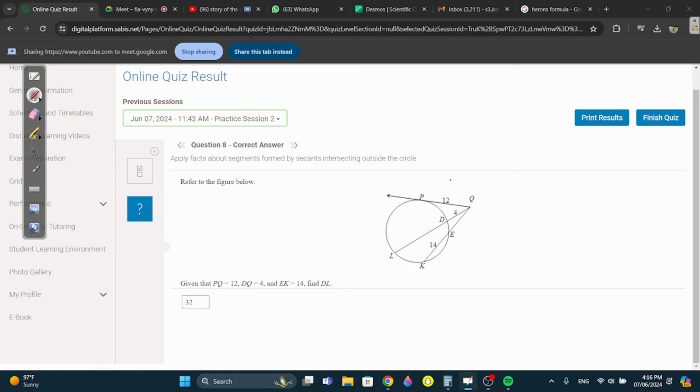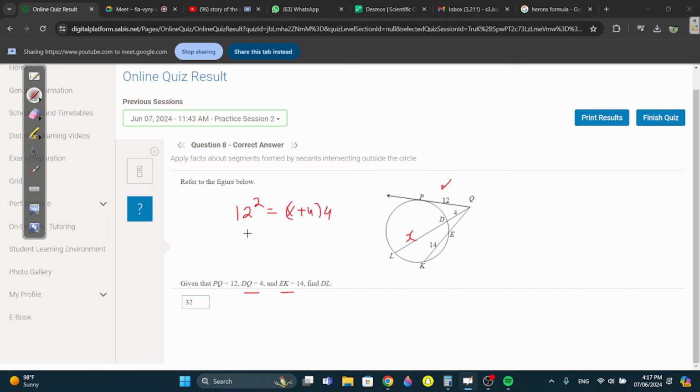Here they said PQ is 12, DQ is 4, EQ is 14. They want DL. They want this here. How would you do this? DL is part of a secant. They give us the exterior part, but we want the inner part. And they give us PQ, the tangent. So we know tangent squared, so 12 squared equals the whole thing, x plus 4,